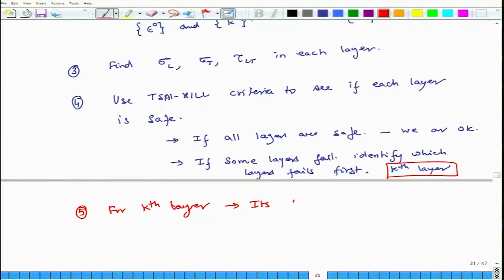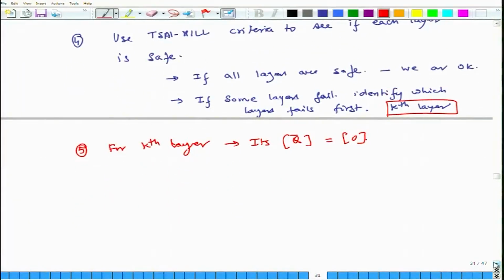Its Q bar matrix becomes 0, because when it has failed it cannot take any more load. So, if its Q bar matrix becomes 0, then we recompute A, B, D for the remaining laminate, and we go back,